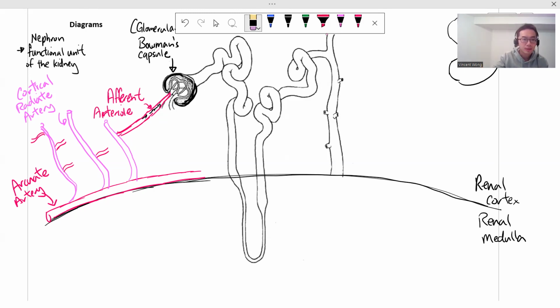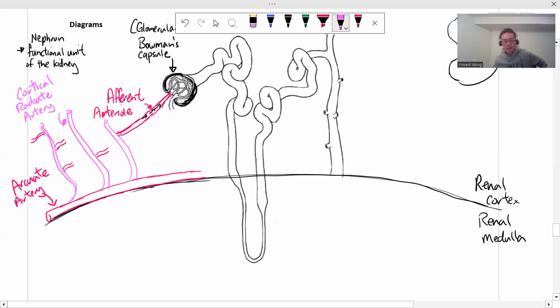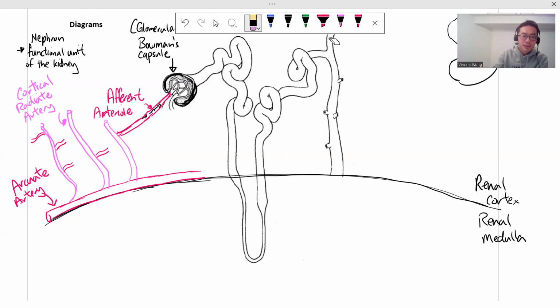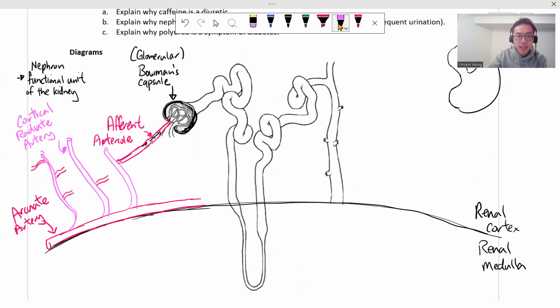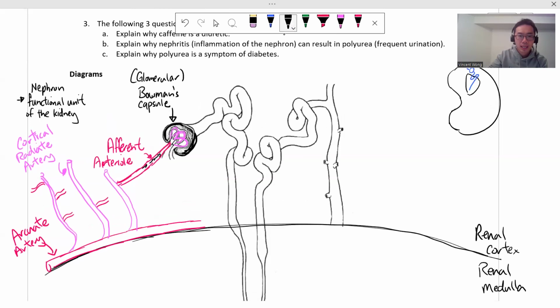Are we okay? Can you let me know? Thank you. Everybody with me? Okay. So the afferent arteriole is going to feed the blood. If you remember, about 1.1 liters of blood goes through the kidney every minute. The afferent arteriole is going to feed into another network of blood vessels, shown here by this flower-looking structure, and that is called